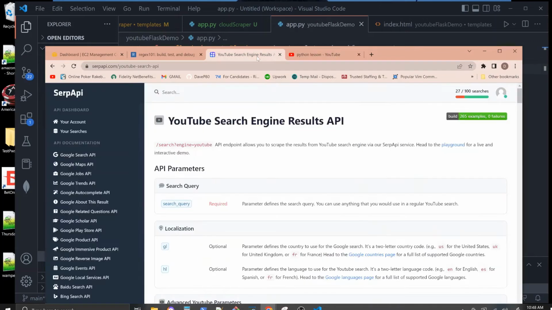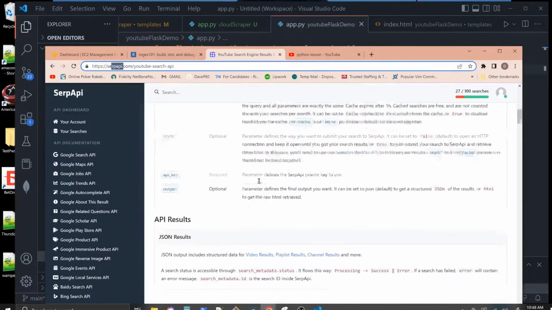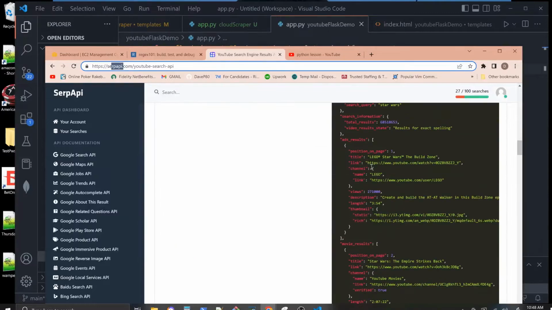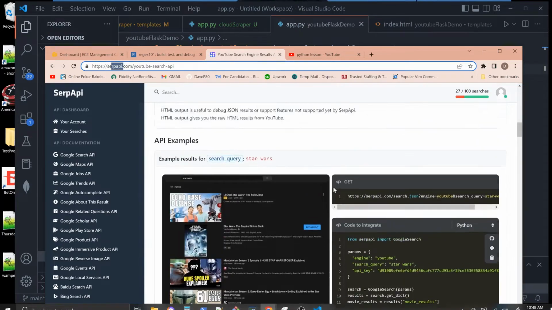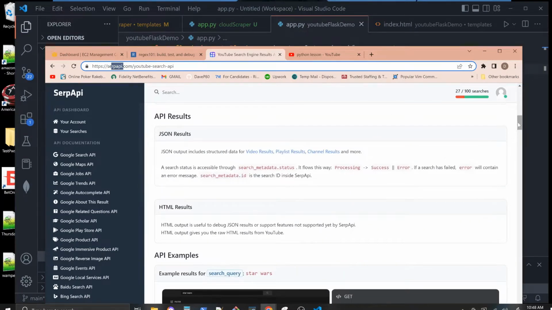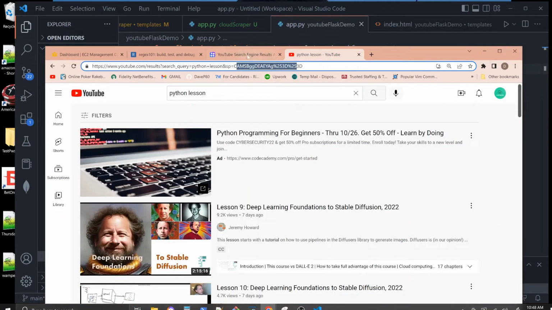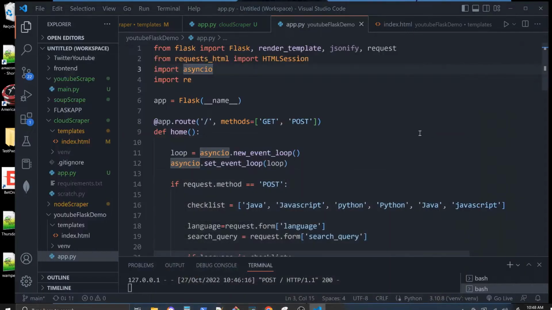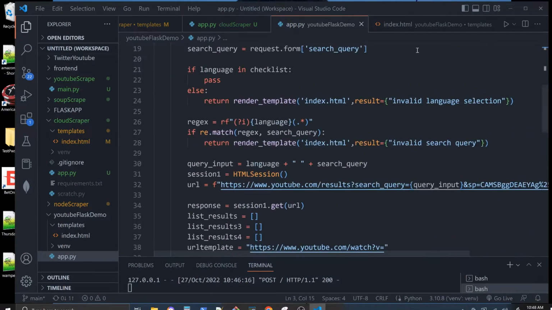Go to this website, SerpHappy. It's got a really good thing here which helps you. It even has code you can copy and paste. But there's all different kinds of Python libraries for scraping. This is one I recommend. But I used a more turgid approach,